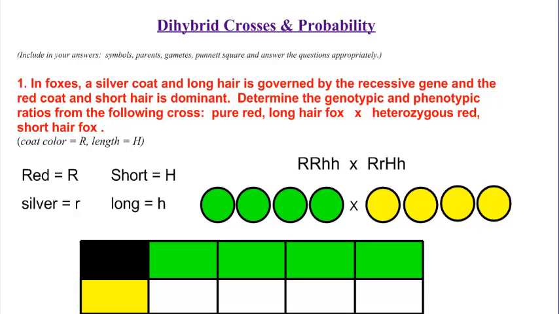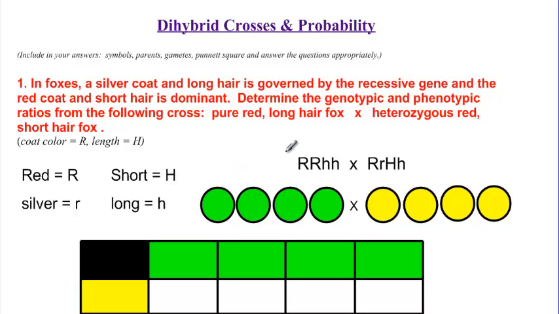Okay, I'm going to walk you through solving the dihybrid crosses and probability worksheet. So I've got some things already pre-filled. So number one, we're going to look at fox, the color of the coat, and how long the hair is. So for the symbols, red is the dominant and silver is the recessive, short is the dominant, long is